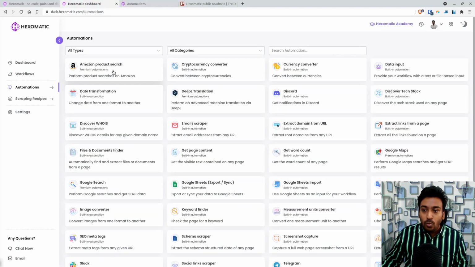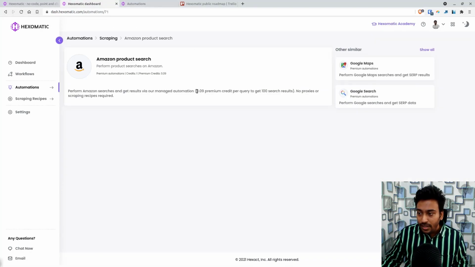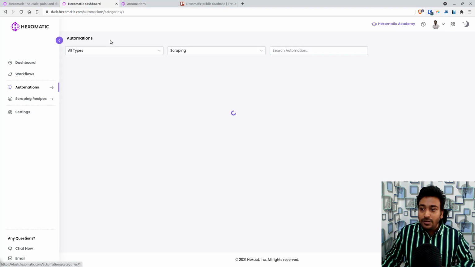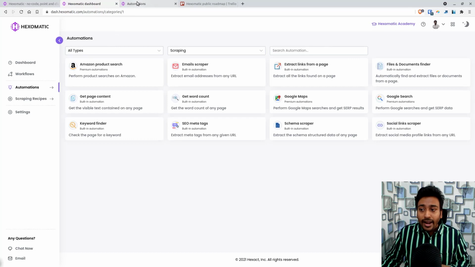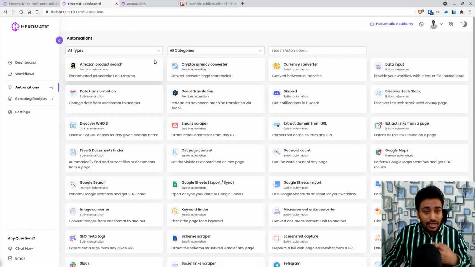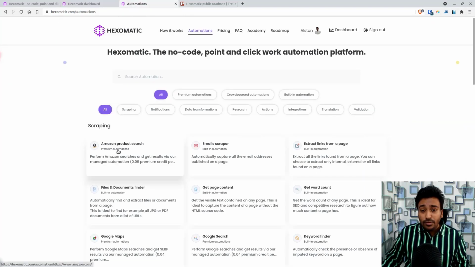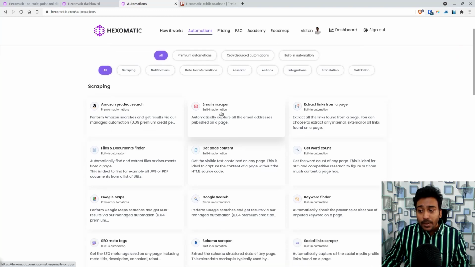You can have a look at how much it costs by clicking on here. For example, to get 100 search results from Amazon, it will charge this much. So you can go into different modules, which charge differently, and you can get an idea of what it consumes and what kind of data it is. So it is classified as premium automation whenever a third party is involved. Built-in automation is where it does not require any third party, and they are able to do it within their own recurring credit system itself, which renews monthly. So that is the basic understanding you need to get on that.